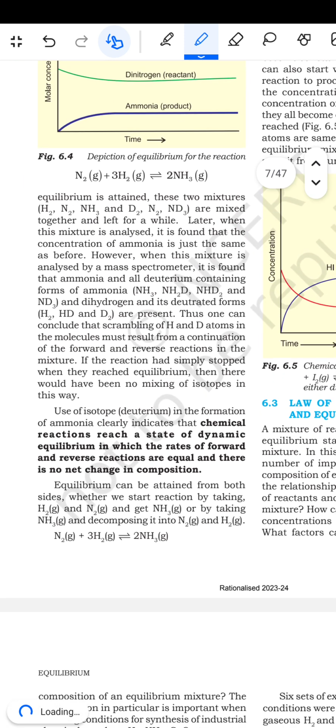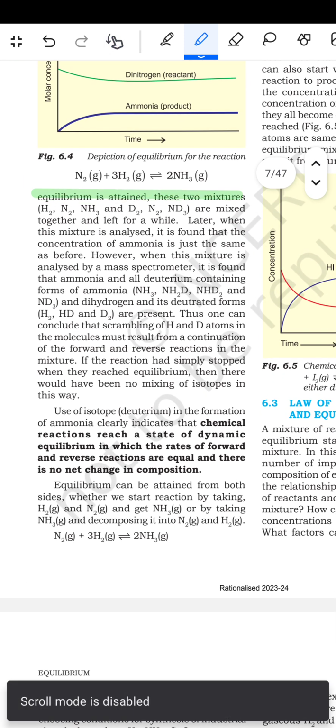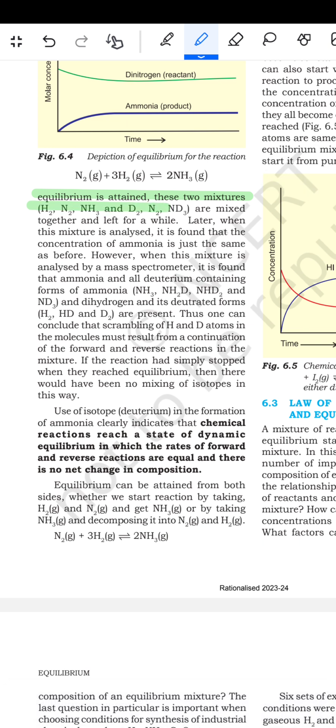After, कहता है कि after equilibrium is attained, these two mixture H2, N2, NH3 and D2, N2 and the NH3 are mixed together and left for a while. Later, when this mixture is analyzed, it is found that the concentration of the ammonia is just the same as before. However, when this mixture is analyzed by a mass spectrometer, it is found that ammonia and all the deuterium